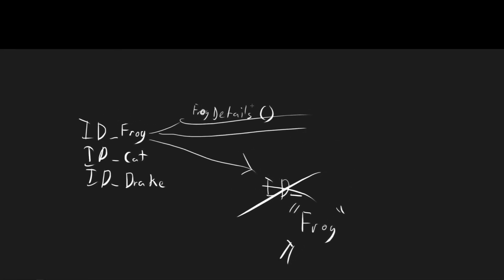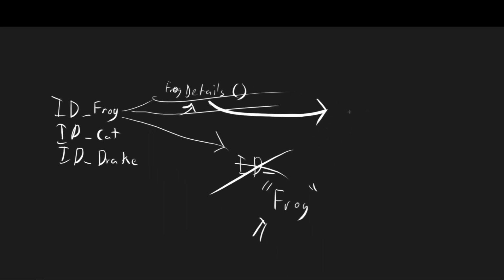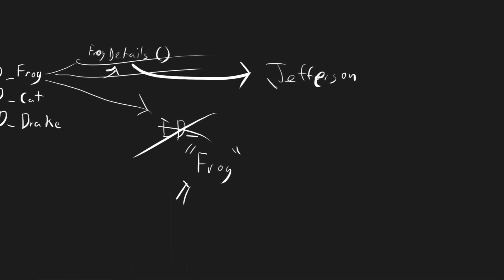You can use this ID to get the details. So you end up going here, get the details, and then you loop out, and you end up finding out the frog's name is Jefferson or something along those lines. God, I love that name. Jefferson the frog. So you end up getting Jefferson the frog, and you use that again to show the variable